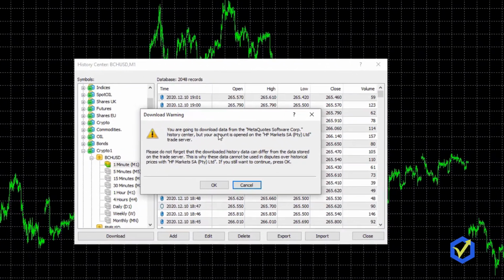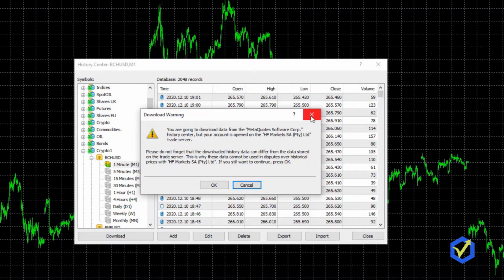You're going to download data from the MetaQuotes Software Corporation History Center, but your account is opened on the HF Markets, which is Hot Forex, right? So they warn you that I'm going to download not the data that works for my broker.